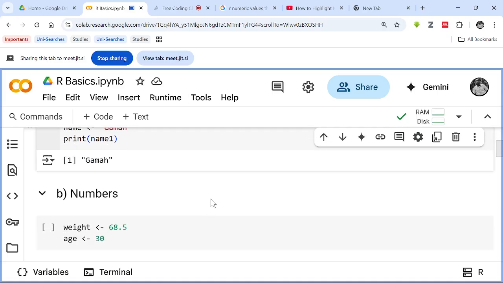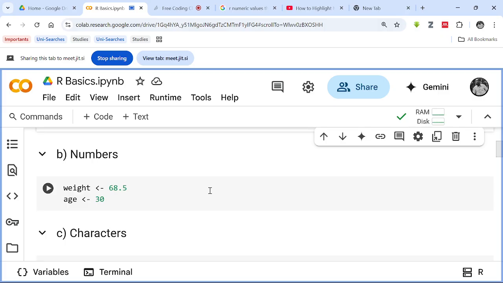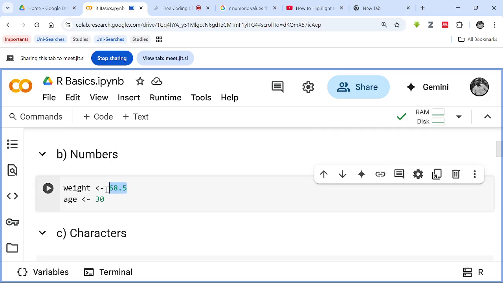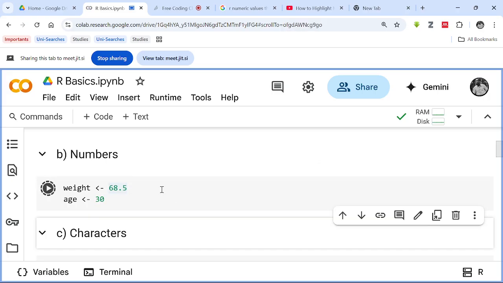Now the next thing we're going to be looking at is numbers. Numbers are whole numbers or floating point numbers. Here I'm using weight, as this is a floating point number, and this is a whole number. When we assign these variables to these data types,